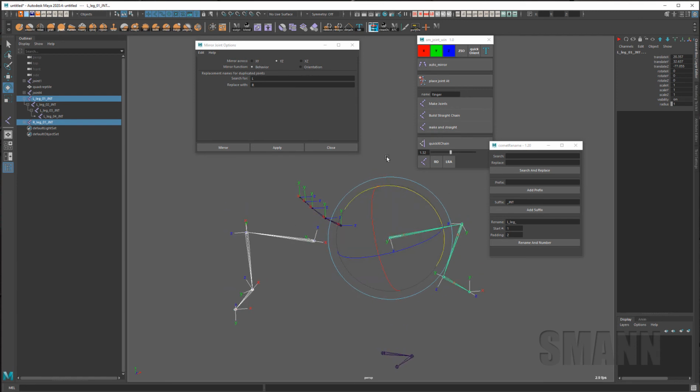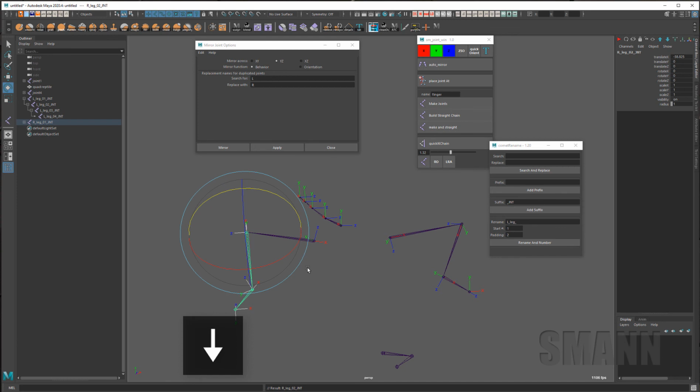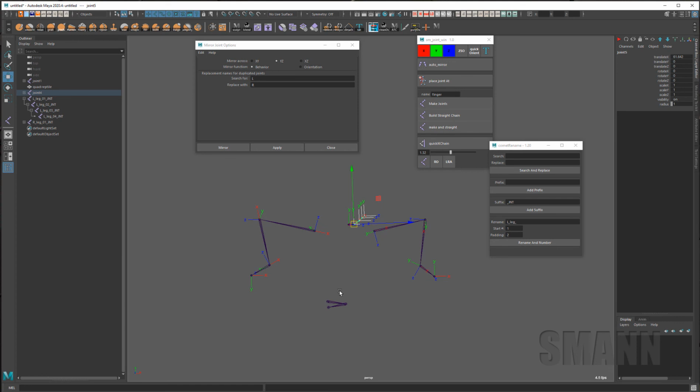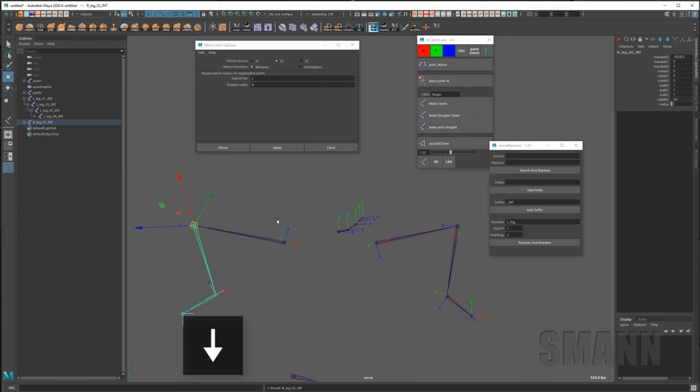Behavior, not orientation. However, if I'm doing anything with stretching or anything like that, I generally don't want negatives on my translate axis. So your joints should only have, not your parent joint because that's in its world space, but your children joints should only have information in their translate X because that's going to be the length of the joint. And usually that's what people are using to determine any sort of stretching and things like that with the math. So rather than have it be negative,